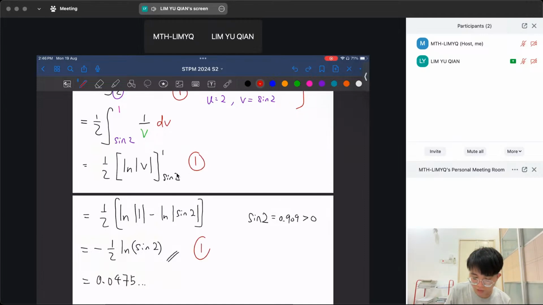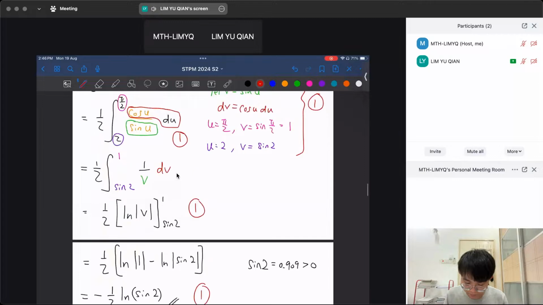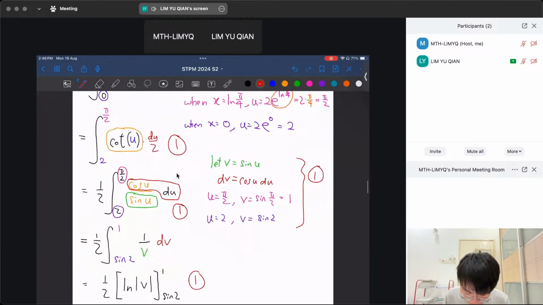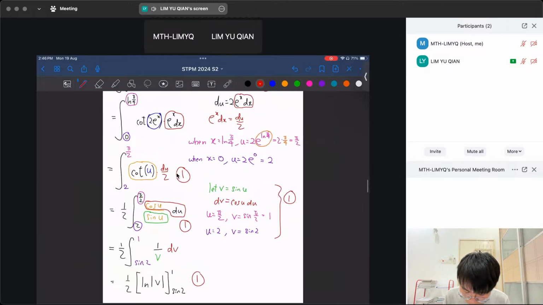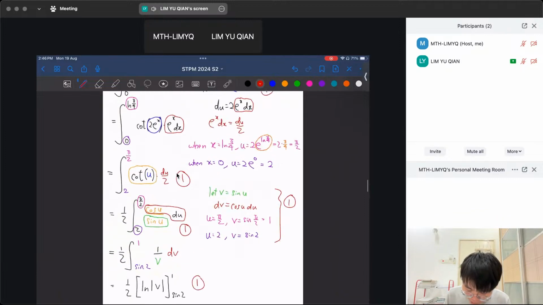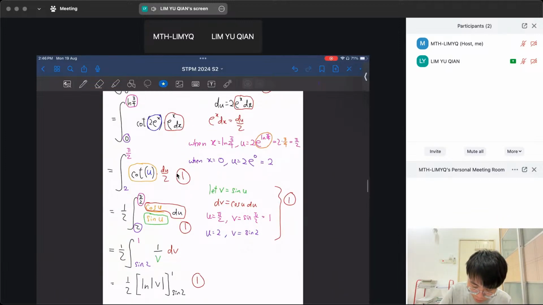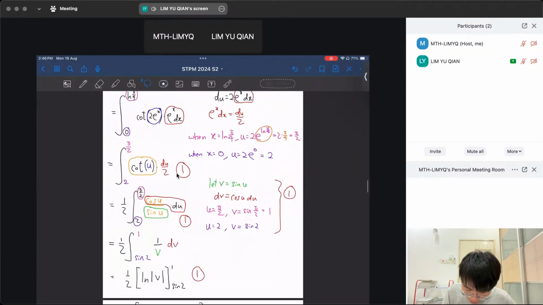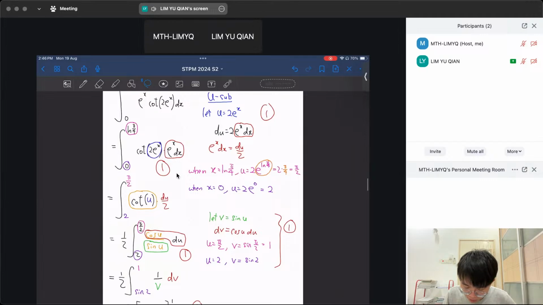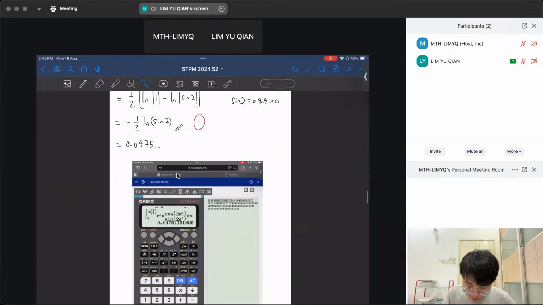Okay, so like that, 1 mark, substitution. The first one I think we have more marks, maybe 2 marks for this substitution if you can recognize it. If you can recognize this, the whole substitution gets 2 marks. So the total is 6 marks. Then you can check with that.